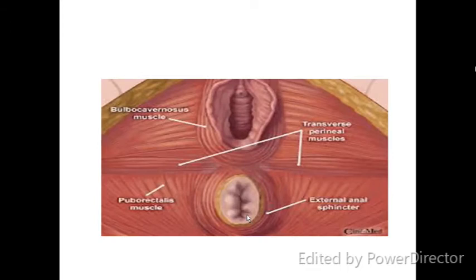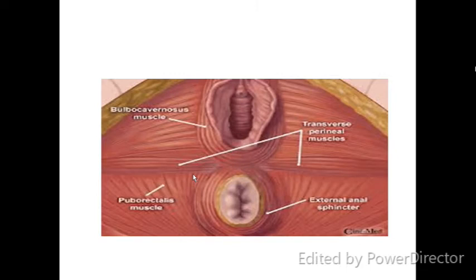So in this picture, as you see, this is the vagina, this is the fourchette, okay, this is the anus. So when we are giving a mediolateral episiotomy, what structures are you cutting? You are incising from the fourchette at 45 degrees. What I have told you, 45 degrees. Okay. The puborectalis muscle is a muscle in the levator ani. It's a part of the levator ani.